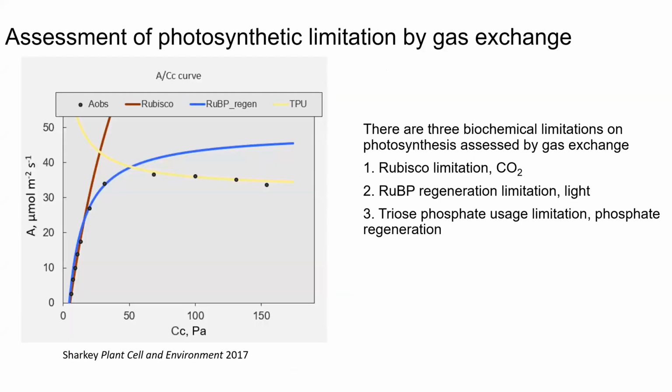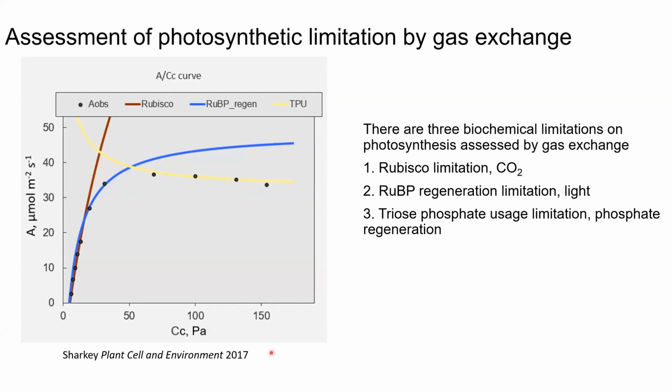The first is just from the ACI curve, just from the shape of the curve here, where the assimilation rate becomes flat or drops off a little bit. The dropping off is very diagnostic. In some cases, you can get an RuBP regeneration portion of the curve that looks very flat, depending on the shape of the curve. But